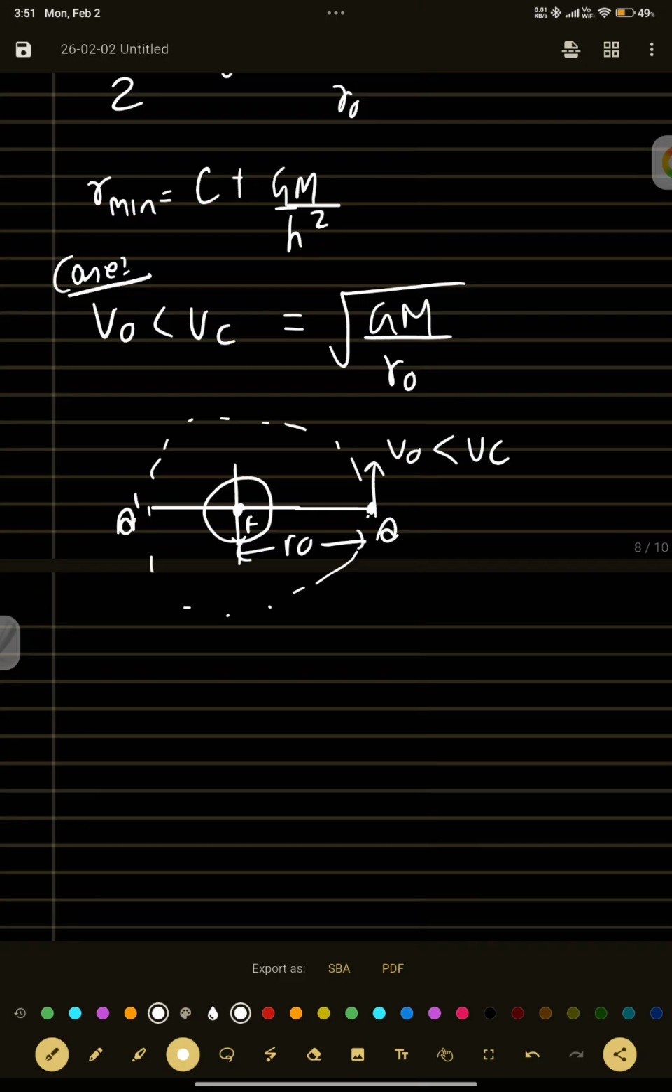The way I have drawn, I have already told you the result. What I have told you is that when V naught is less than V circular, it will still be an ellipse, but now this becomes apogee and this becomes perigee. No, sorry. Perigee means close. Like here, this was perigee and this was apogee. So when V is less than Vc,